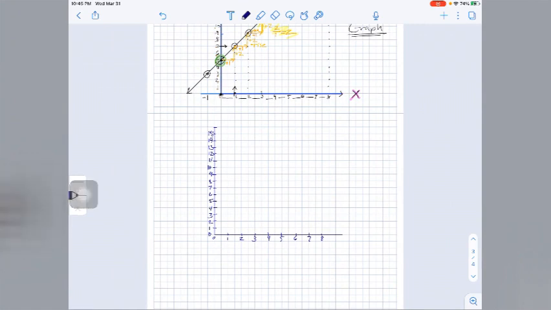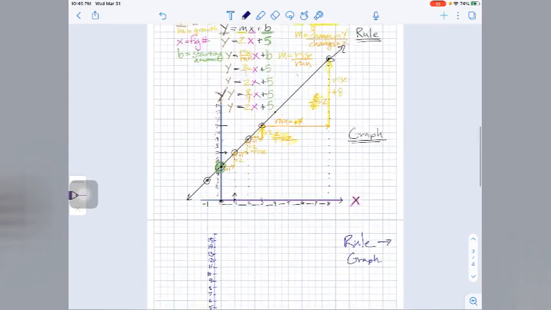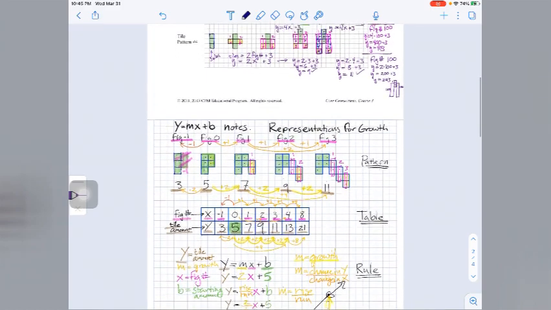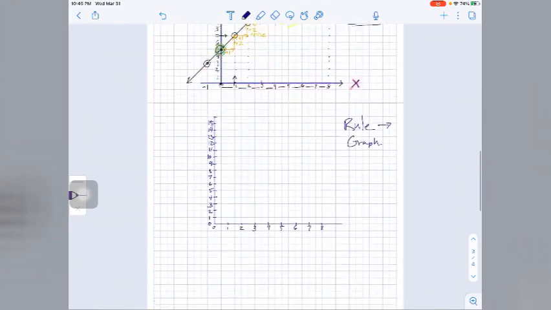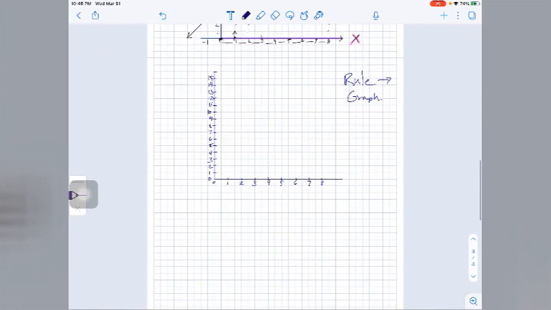So I wanted to talk about how we connect the rule to our table. So we're going to look at our rule when it goes to a graph, and we're going to look at what those look like, because I think that the rule and the graph are the most confusing ones. So if I look at all of the rules that I have so far,